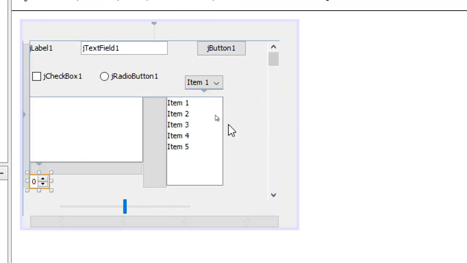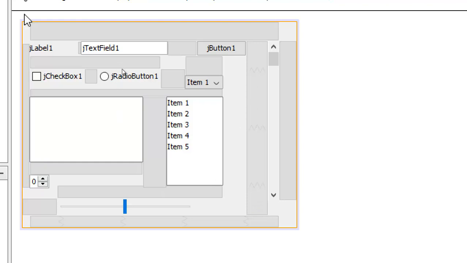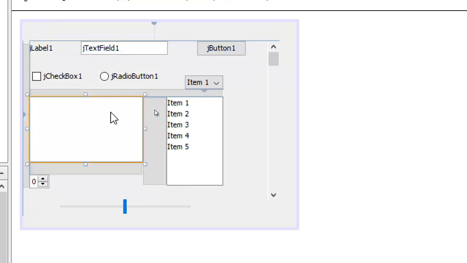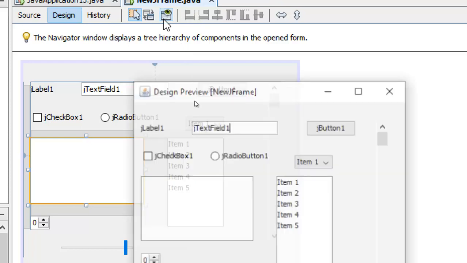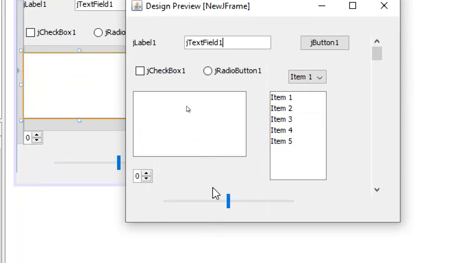Now all these components, if you look at them, all of them have some visual appearance and they are independent of each other. Now suppose I just see the preview of this, this is what it's going to look like.